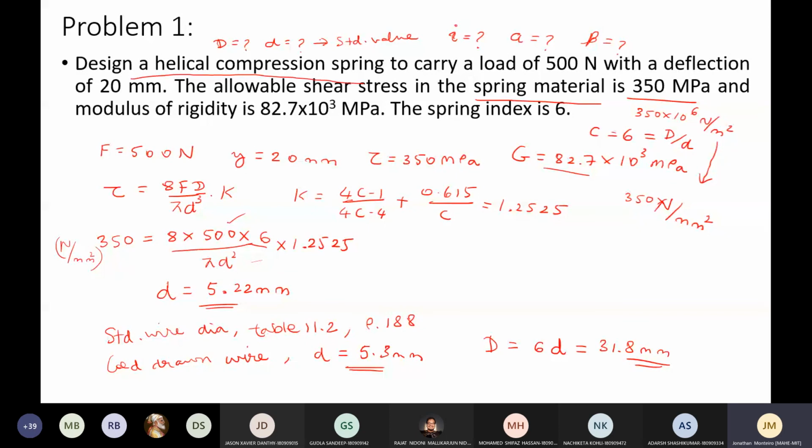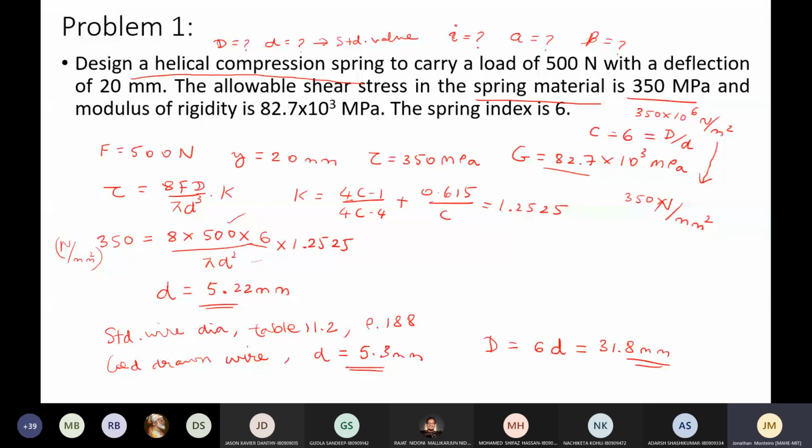See, from 4.25 to 5, you have an increment of 0.25. Then 5.3, and the next size is 5.6. You don't have 5.5, so you have to take care of that. What does that increment mean? For example, 4.25 to 5, the increment is 0.25. That means it is 4.25, the next size is plus 0.25, that is 4.5, then 4.75 and 5. But there is no spring wire with 5.25. It is not mentioned at all.